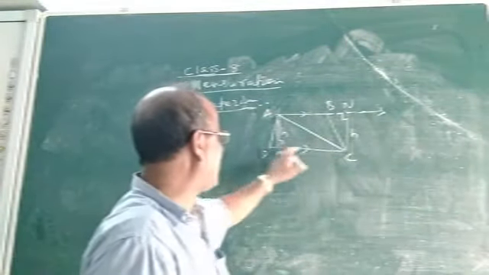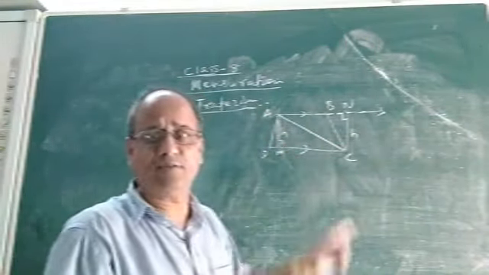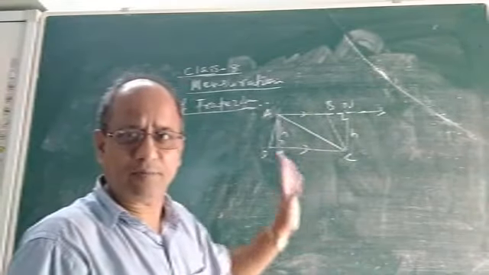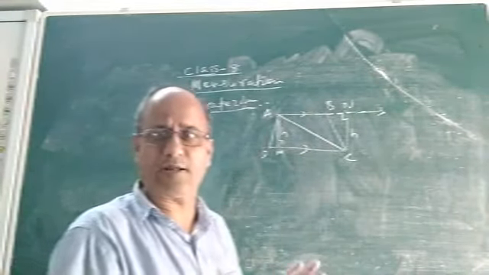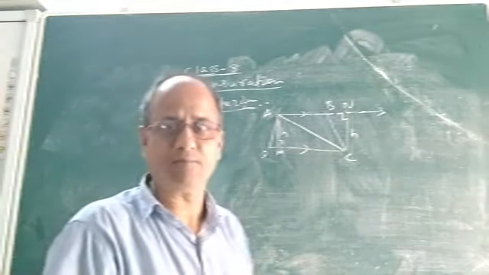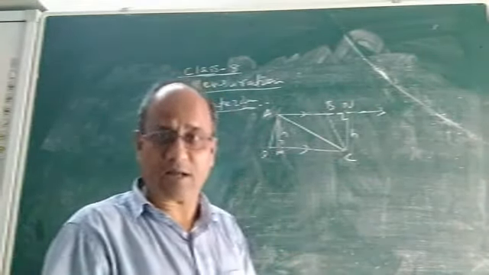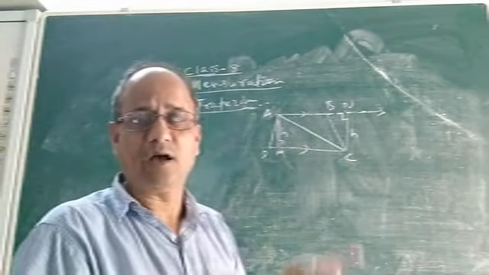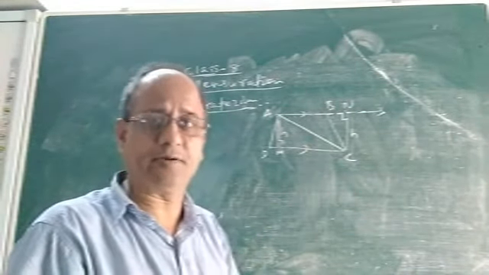We add the area of triangle ADC and the area of triangle ABC, which will give you the area of trapezium ABCD. And you know the formula for the area of a triangle from junior classes, class 7: half into base into height. Of course, its proof will be discussed in class 9, how the area of a triangle is half into base into height. Geometrically it will be proved in class 9.